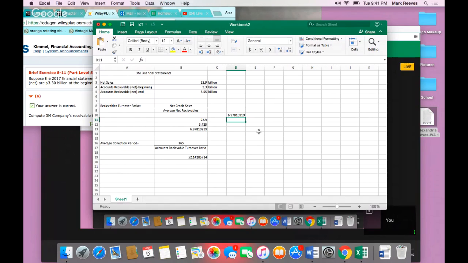The reason we're adding the 3.3 and the 3.55 together and dividing by 2 is so we can get the average of the net receivables at the beginning and the end. I did that math separately, and it equals 3.425. So you can do it separately or together all in one formula if you're choosing to use Excel. So here it gets you the answer of